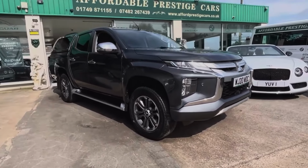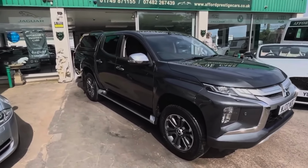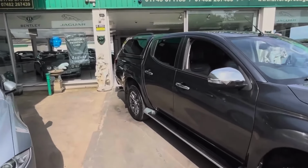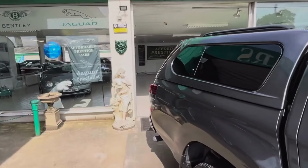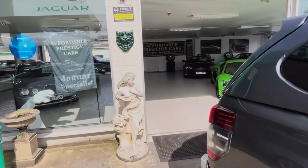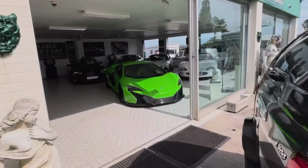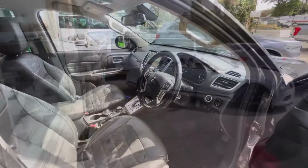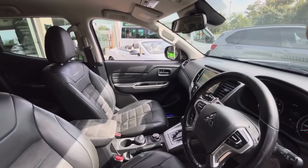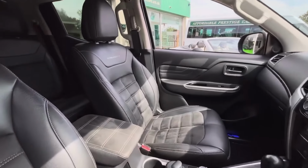Hello and welcome to another prime example, a perfect one in fact, of what we have been saying more and more recently, and that is that the next big thing in the automotive world, for good reason mind you, could well be the truck. Of course, in the States, our American friends have been loving trucks for many, many years, but for many years they were too large for this country, maybe too expensive, too thirsty, but Japan, Europe and